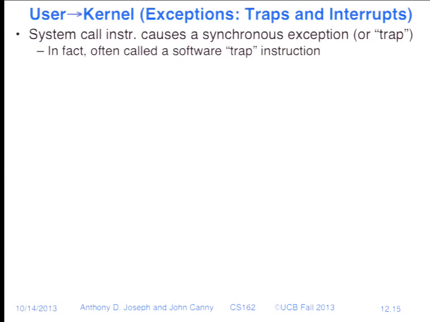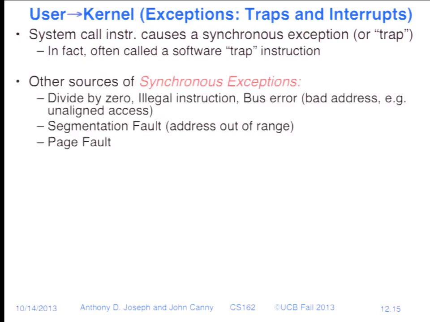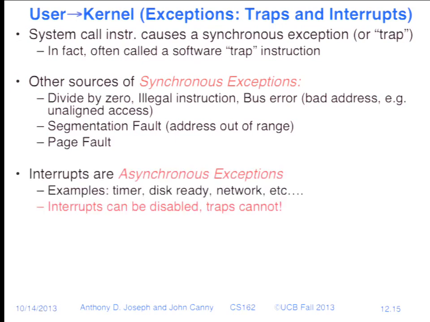Okay, and a system call is a trap. It's like an interrupt, although it's caused by software. And it's called a synchronous exception because it occurs in a specific part of the user code, and it's synchronized with the execution of the code. So it's somewhat repeatable as you run the program. So all of the usual execution exceptions like divide by 0, illegal instructions, bus errors or segmentation faults, cause specific types of trap into the operating system. So do page faults, although they don't generate an error,